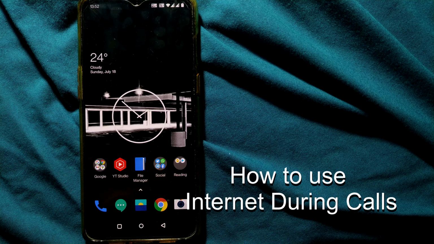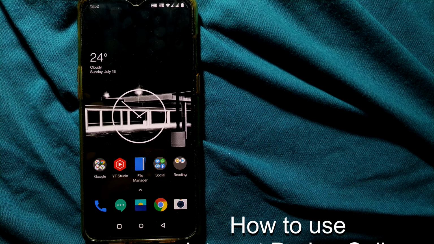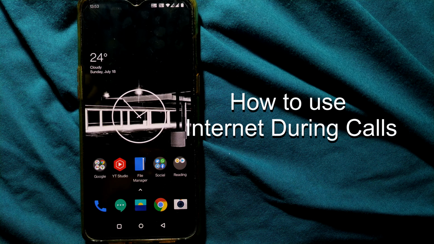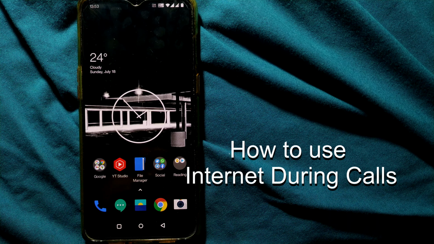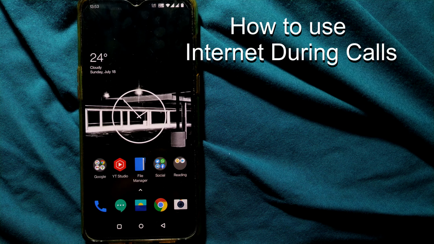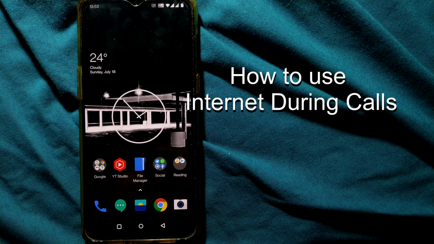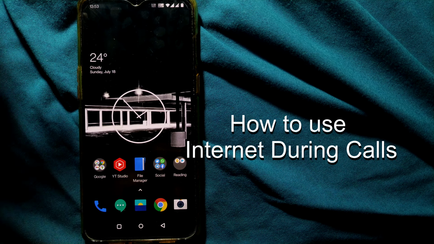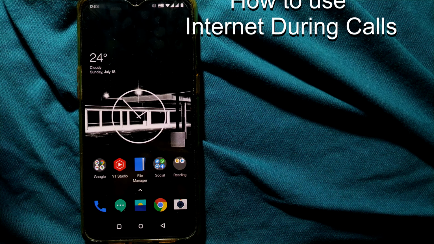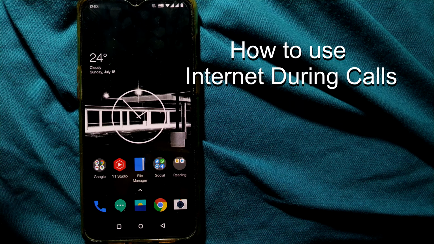Well, today we are going to see a very important tip or feature, I would say, that is how to use internet on your mobile while doing a regular call. Many times it happens that when you get a call, your internet is disconnected, and if you happen to connect your other computers or other devices from here as a Wi-Fi hotspot, then all other things get disconnected just when you get a call or just when you attend a call. So how to address that issue?